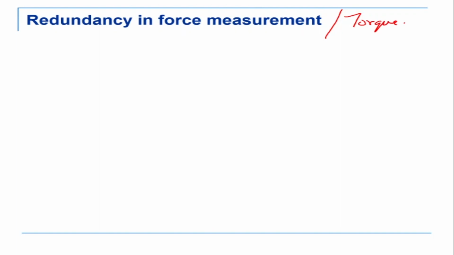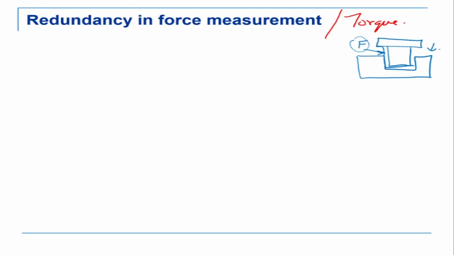Now force and torque sensors are required by the robot to understand how much force is being applied. For example, if you're doing an assembly task, so you have an object like this, and you have a part which is given here. I want to insert this into this. When we are inserting, there is a chance that this part will come in contact with this. If it comes in contact, there is a force acting there. Okay, so if it gets jammed, for example, you would understand that you should not apply too much force, otherwise it will damage the robot or it might damage the part. So there is a requirement for measuring force.